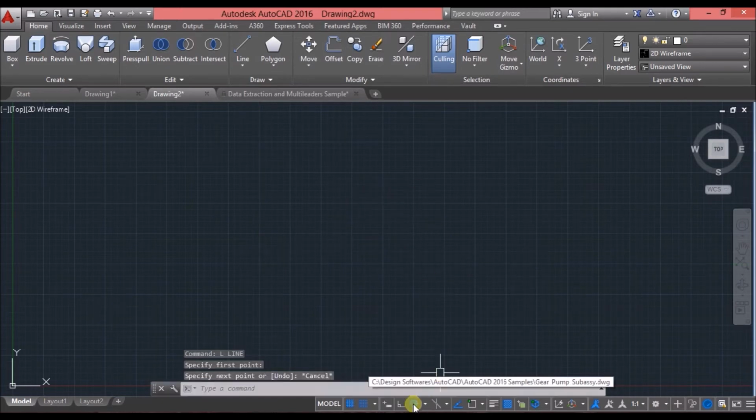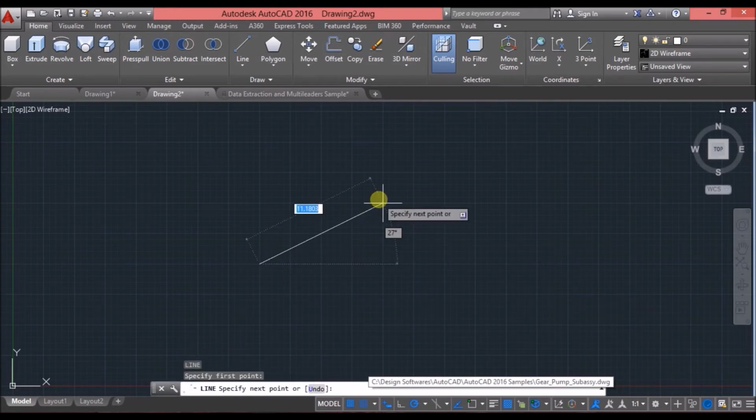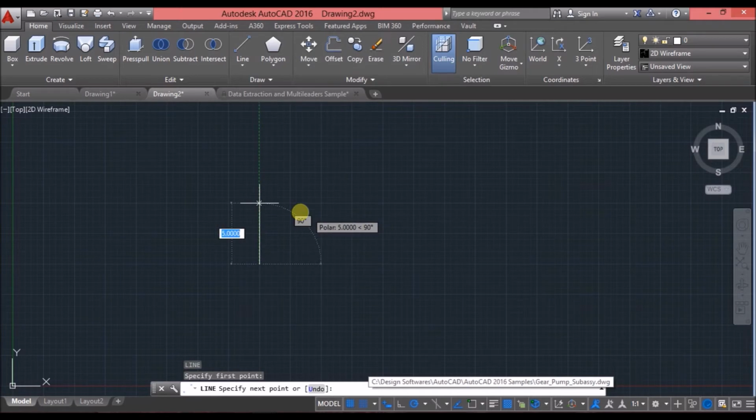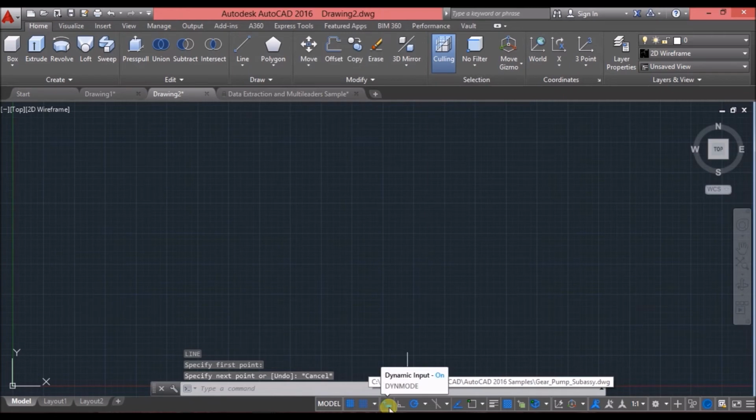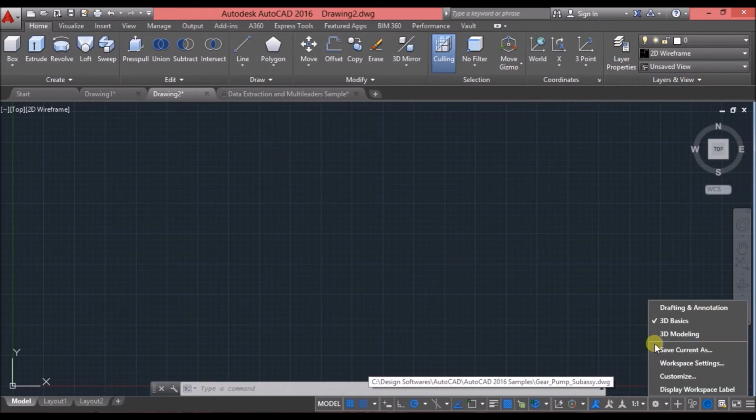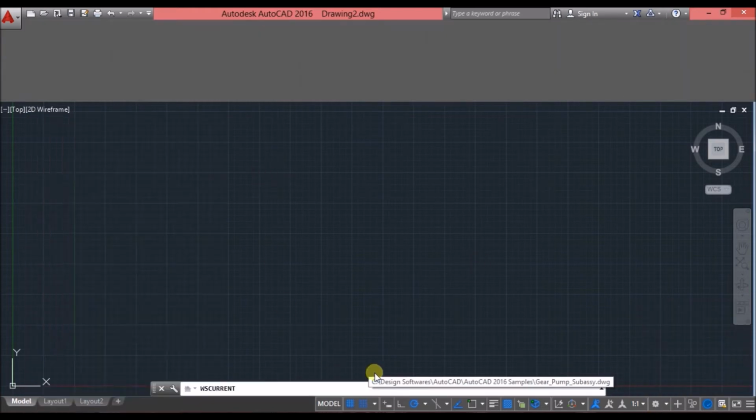But when I turn on the dynamic input mode, the cursor will also have the command bar along with it, with the different values of the line, which we do not need as that will confuse some people when they are starting to learn AutoCAD. So for now you can close it, or if you like you can practice with it also. When we start the line sections, that is drawing commands, I'll show you how to use it.